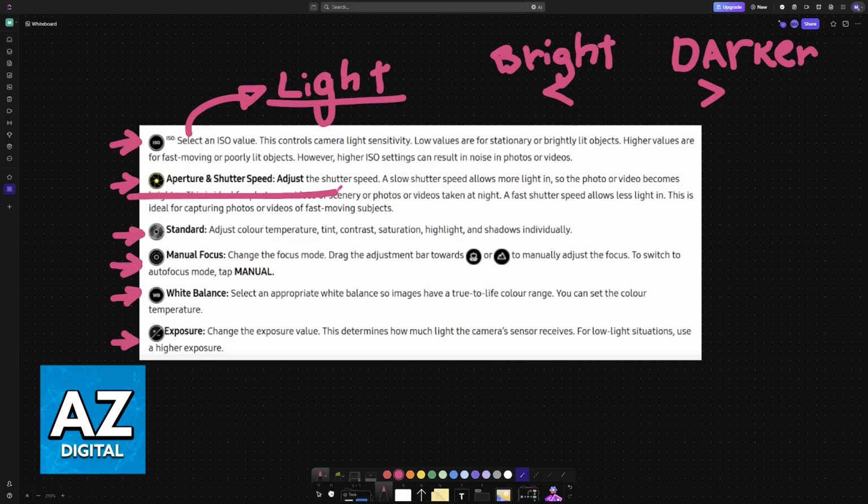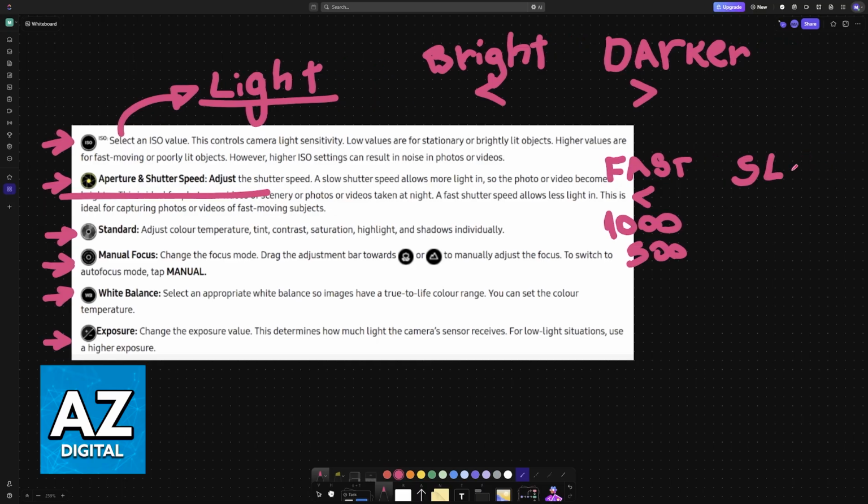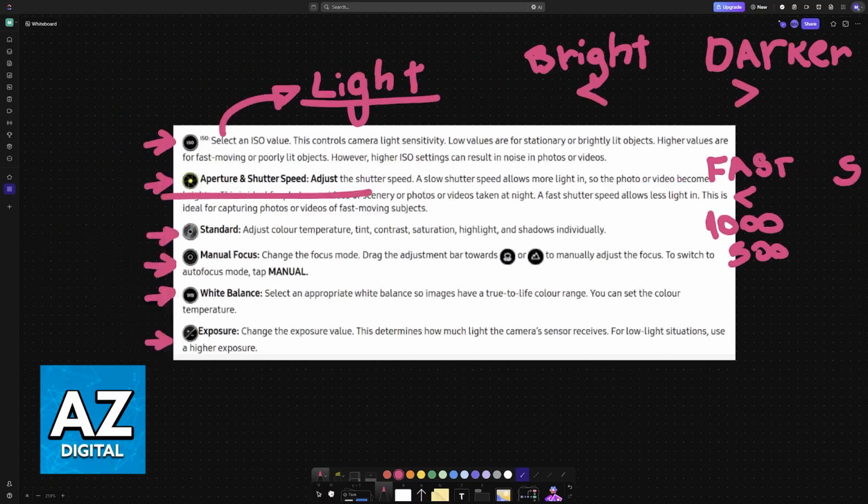Next, you have shutter speed, which is the shutter time, determining how long the camera's shutter will remain open. If you do a fast shutter speed like 1/1000 seconds or 1/500, it is going to freeze motion. It is ideal for fast moving subjects. So for fast moving subjects, you want a value of 1/1000 to 1/500. And for slow shutter speeds, it is going to be ideal for a very steady hand or a tripod to avoid camera shake. So if you are doing something that relates to action or sports, go to 1/500 or faster and aim for at least 1/60.